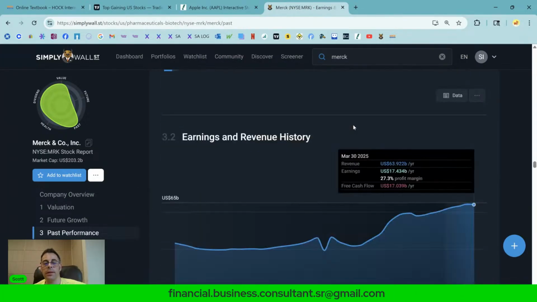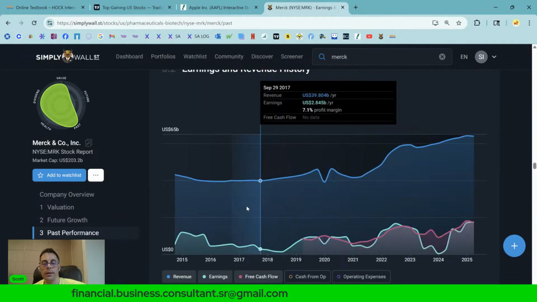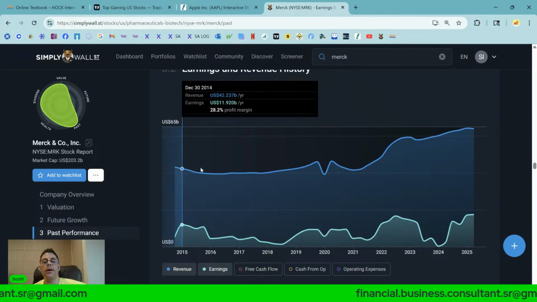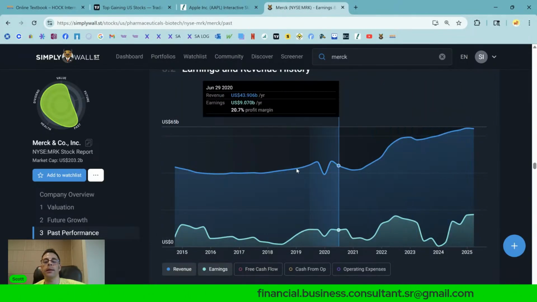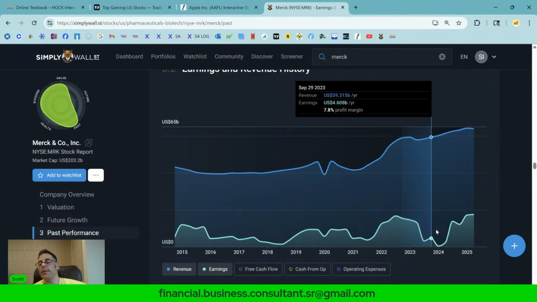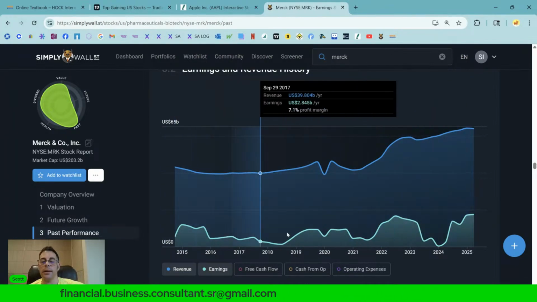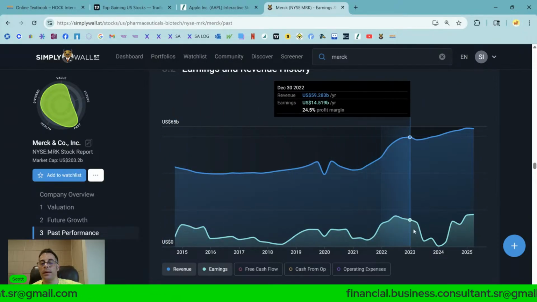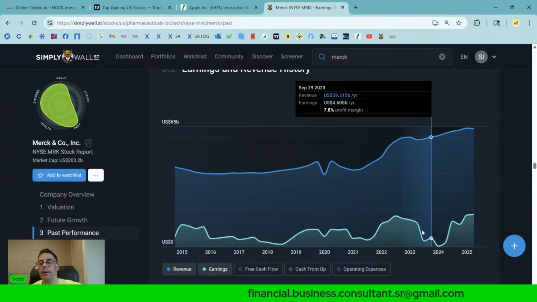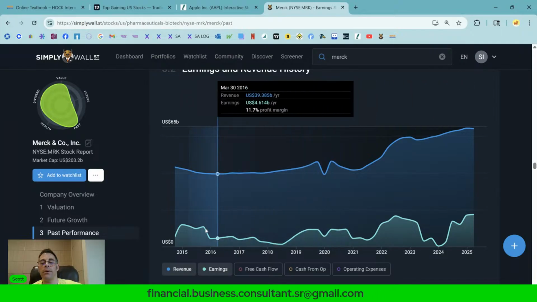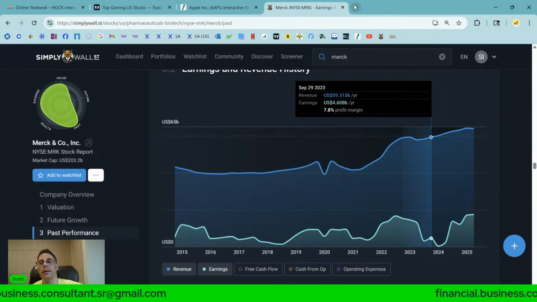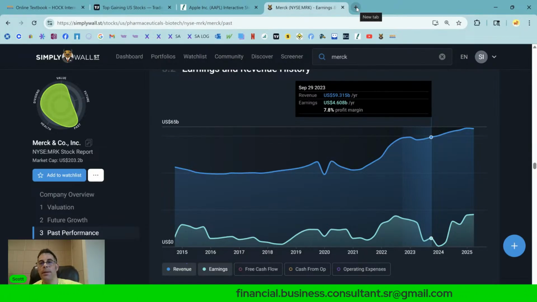Let's see in the past performance if there's any indication. So their revenue has been going up historically, but their profits aren't really moving with that. It's not in line with the revenue growth. It is profitable, but it's a bit all over the place. It's probably due to lawsuits, because a lot of these companies get sued for many billions of dollars, like the opioid epidemic.